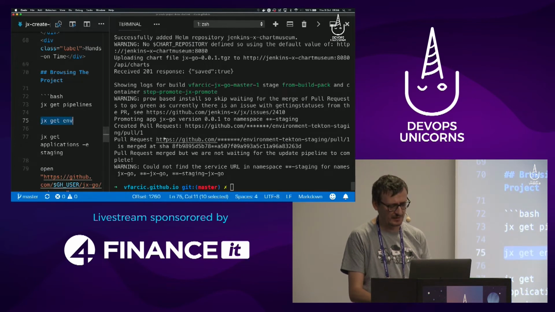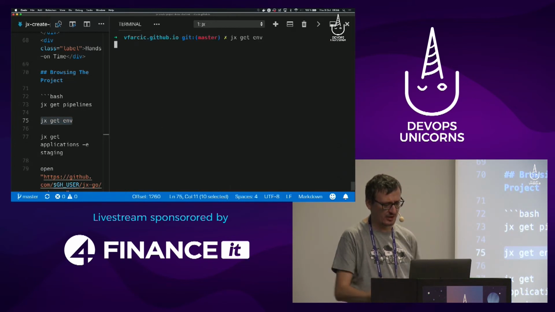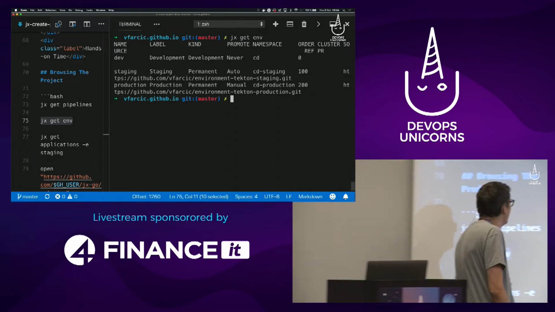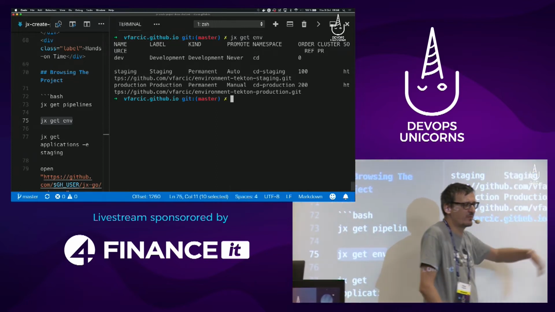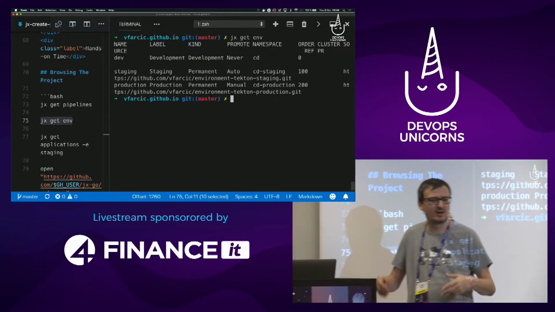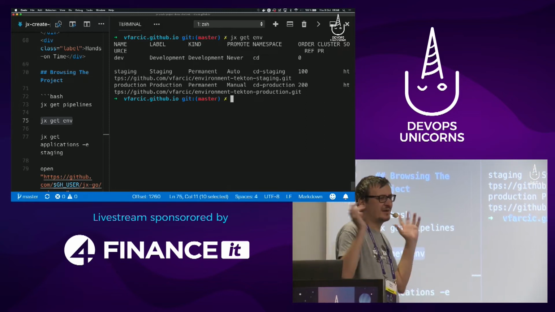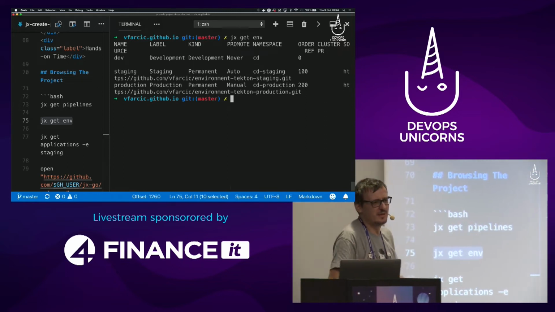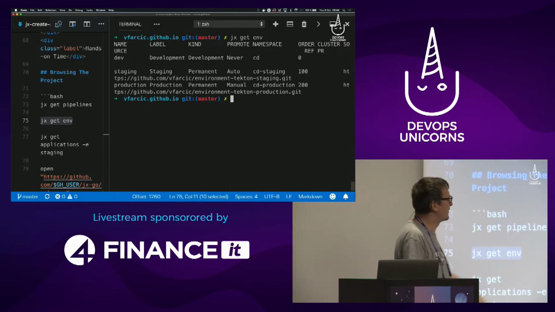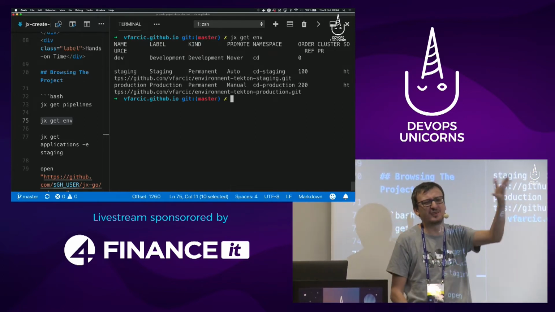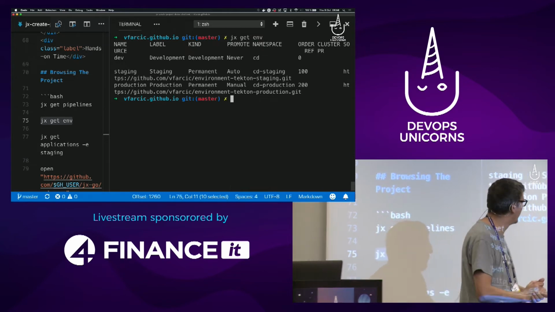What does matter is that I configured my cluster, and you can change that from case to case. I configured it to have three environments. One is called dev. This is where I'm running my tests. This is where I'm building stuff. This is where I'm developing. When I say developing, I'm developing on my laptop, but this is where all the automated processes are running. I have a staging environment. Everybody has staging or integration or pre-production, whatever you want to call it.